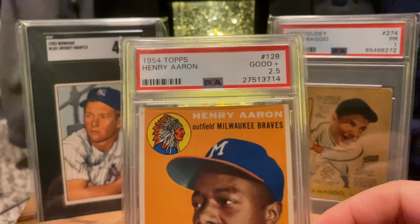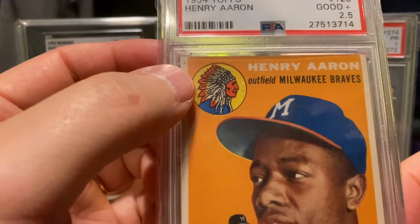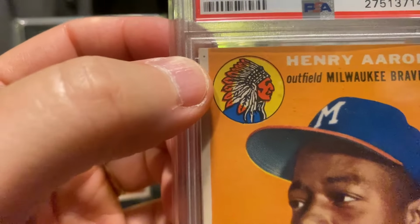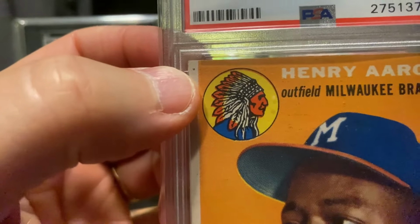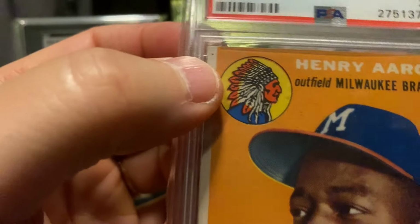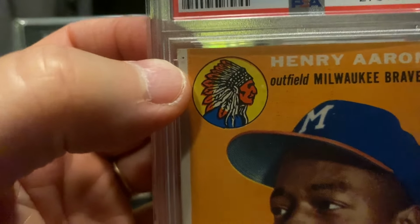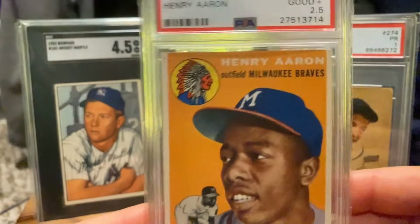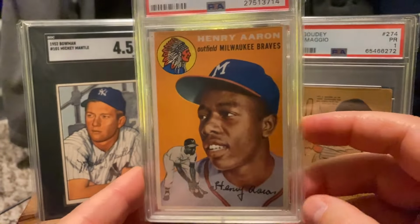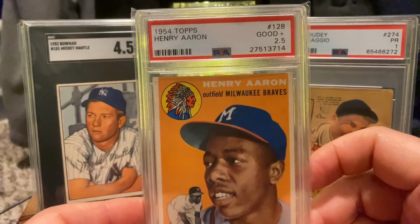In a Gem Mint 2.5, where's the black? I thought you'd never ask. Right there. See that dot? That is actually a black. Big time black print dot. The FBI sent it to them to check out, to verify. That's a huge black print dot. So, anyway, whether this is a Black Friday beauty or not,